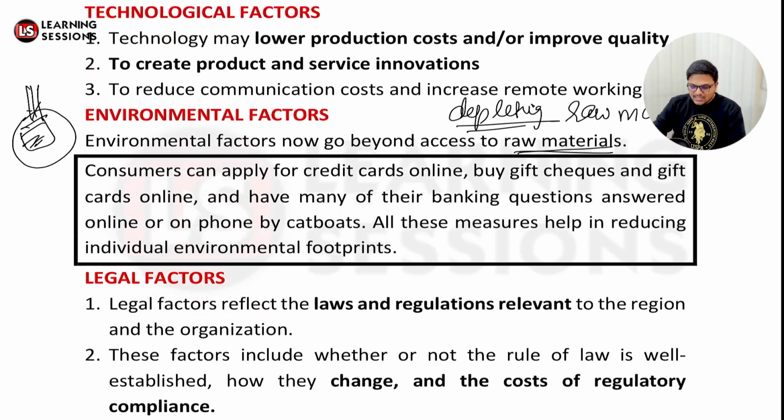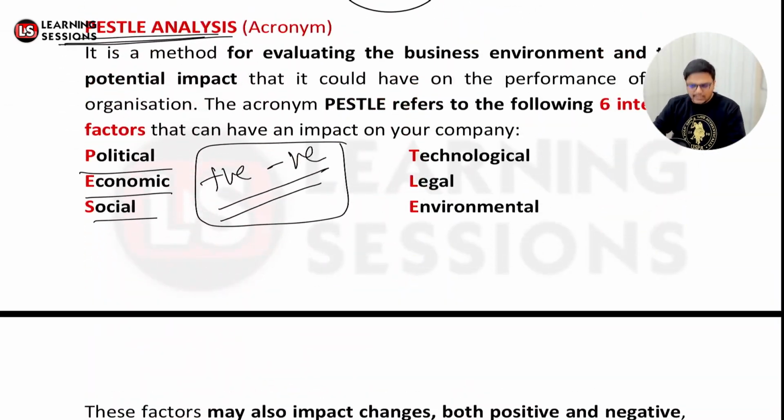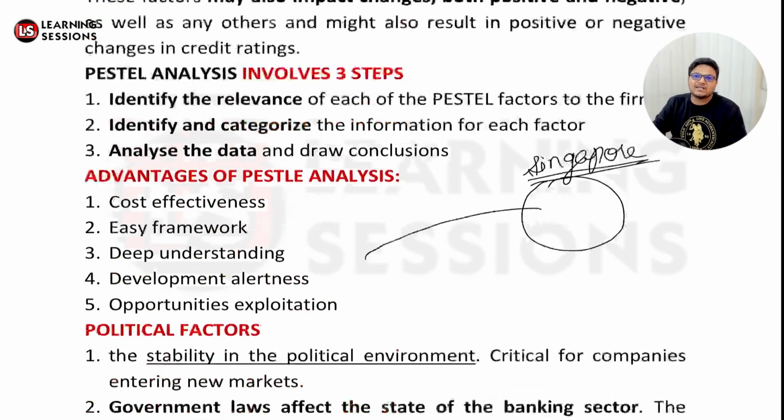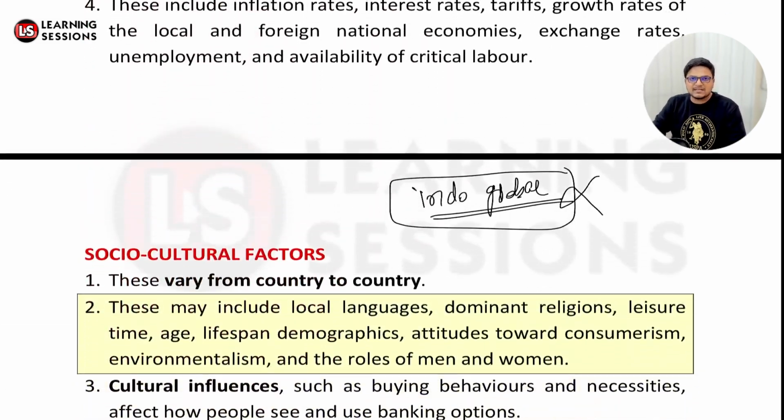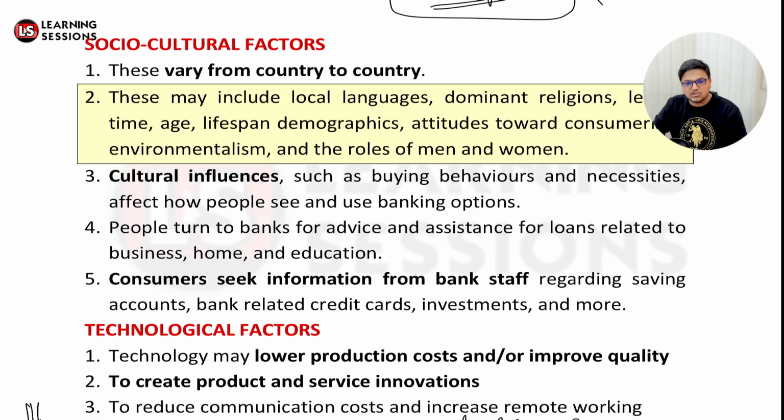So this was actually as per the PESTLE. PESTLE was the set of 6 things. It was related to political, economical, socio cultural, technological, legal, and environmental factors. So this is the complete set of the external factors which can have an impact on your organization's working, right?